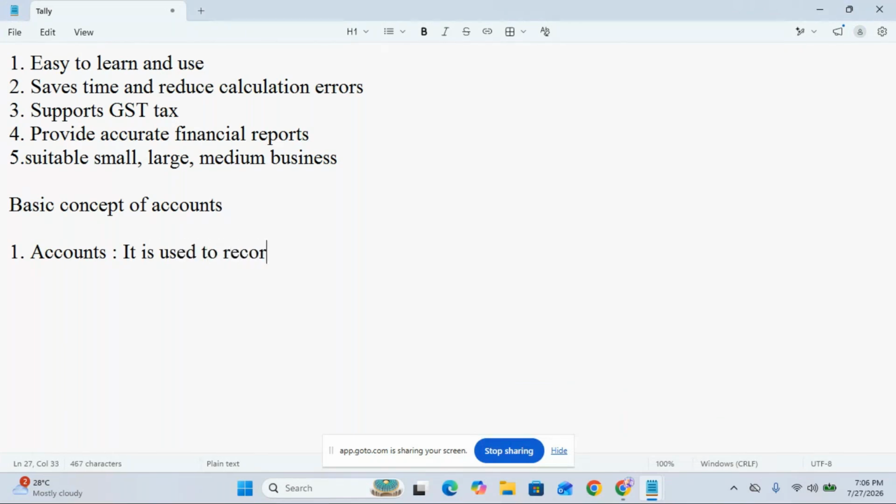It is used to record the day-to-day transactions. So what are the day-to-day transactions we can record? Income and expenses. Again, it will come to profit and loss, right? So previously I've taken one example of a mobile shop. The same thing. How many mobiles I sold, how much income I received, what are the expenses I did. So it is like a day-to-day process. Even in a manufacturing company or in a trading business, non-trading business. So it is a record of day-to-day transactions. Okay. Next,